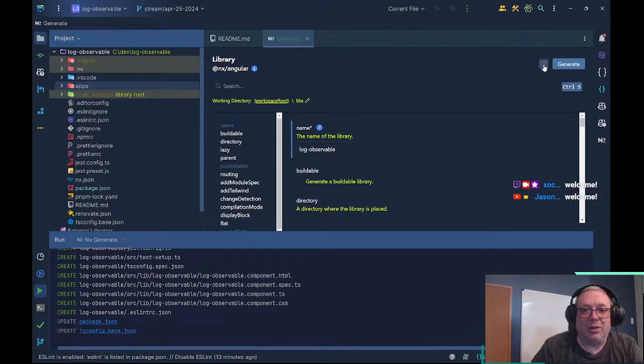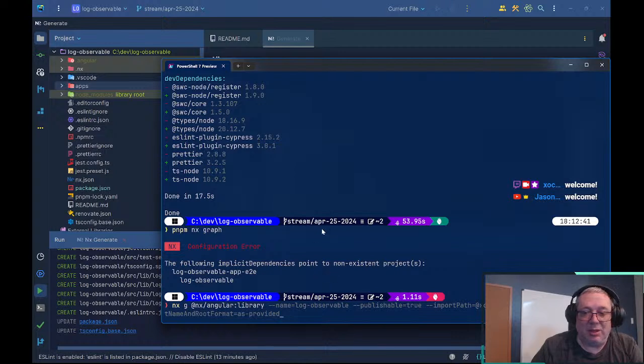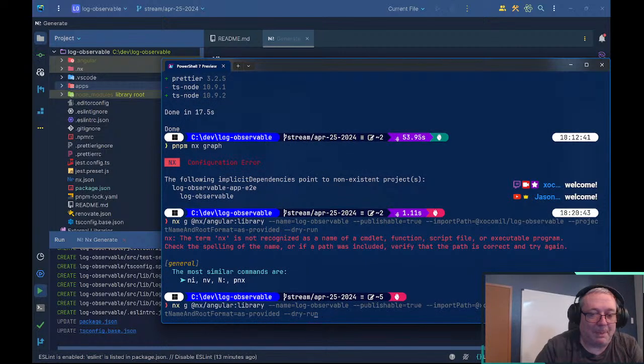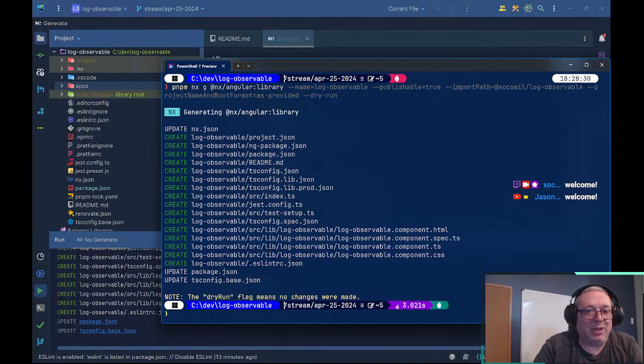I copy the command. I believe that's the command, and I believe I can just go here and paste it. And then I can just add the dry run flag to it. And I need to do pn. There we go. Should dry run that, and it's doing it under logObservable. Do I care? Kind of care, because if we add more libs here that we want to publish,